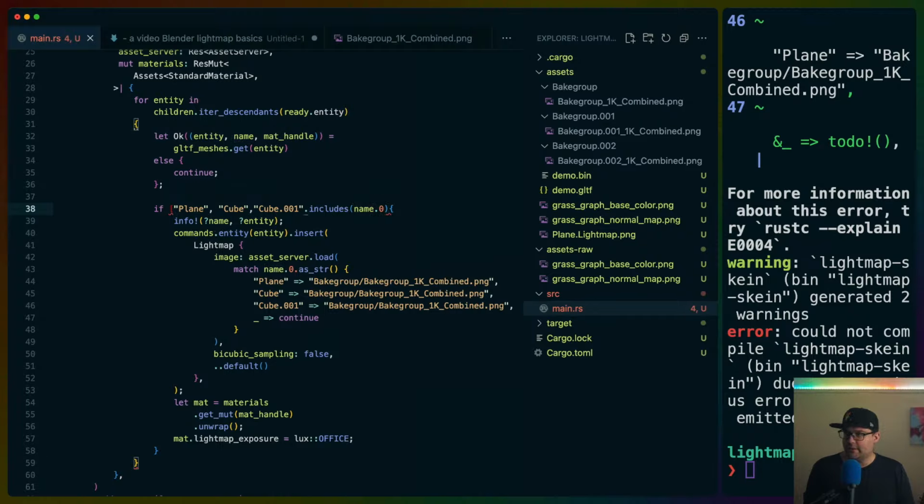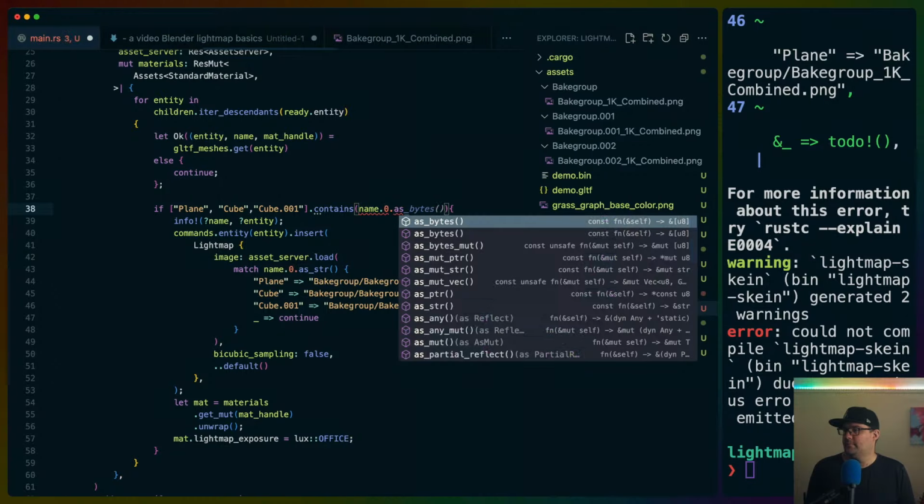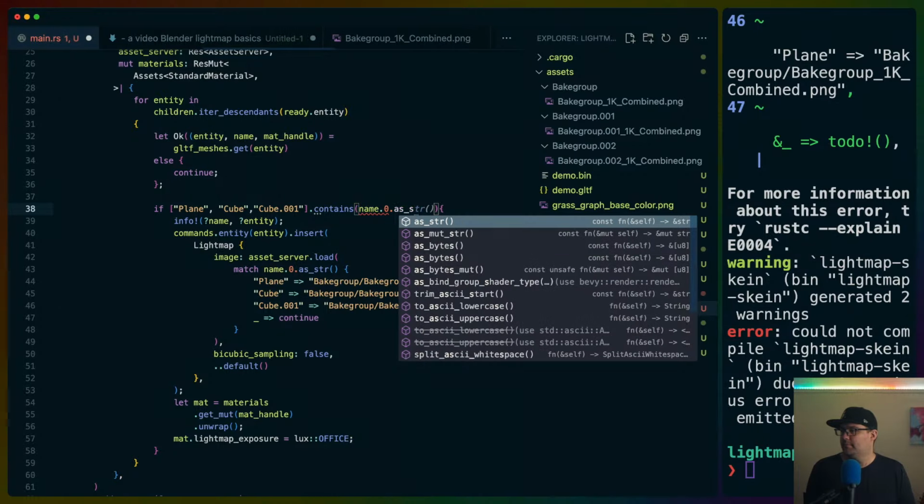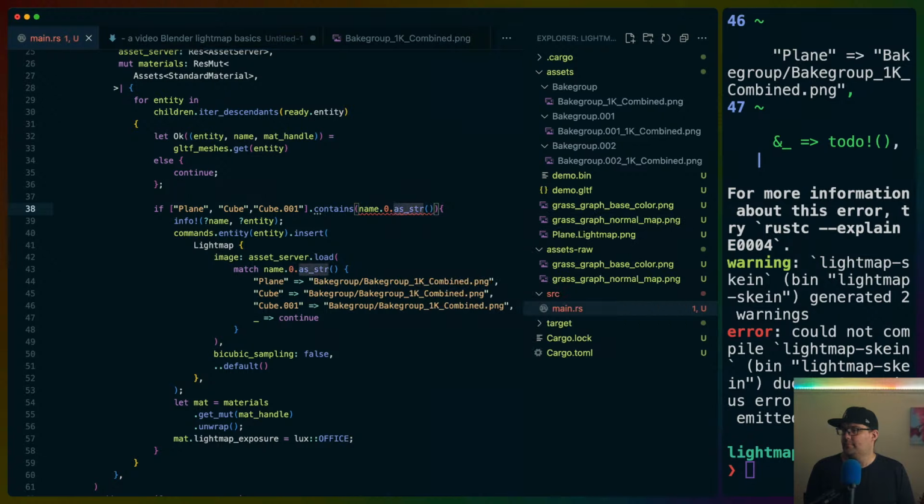I always forget if it includes or contains, but this is my general favored pattern for stir with the